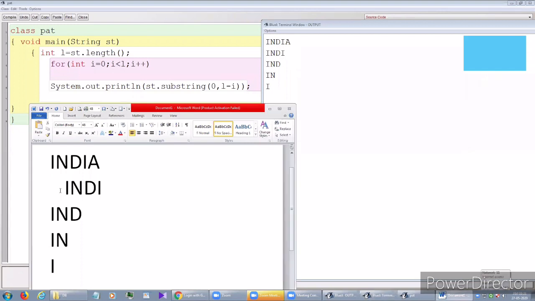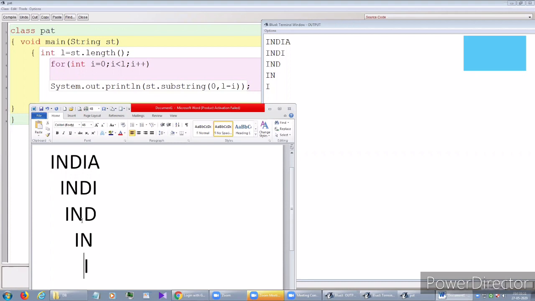If I change this one to this one, India, IND, only the space I put here.